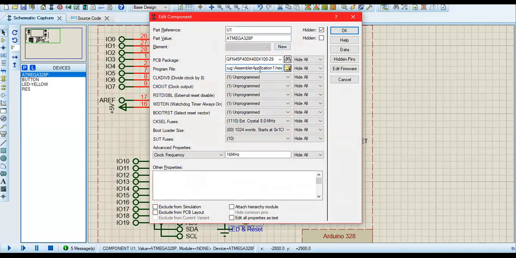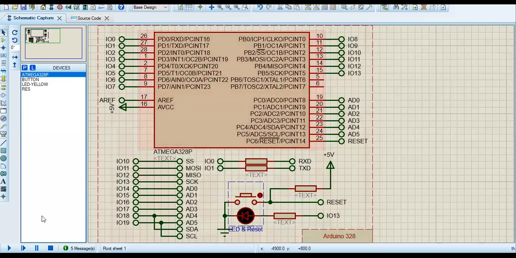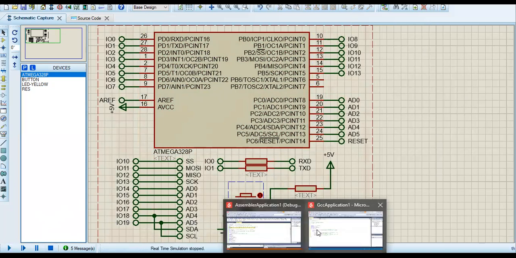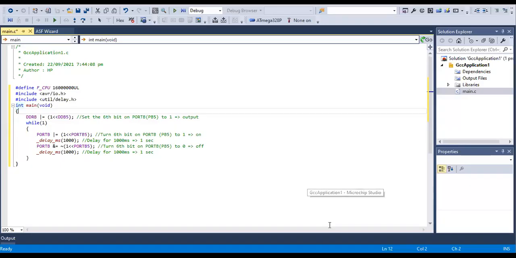This hex file helps to access that debug code. If I run the simulation, you will see this LED blink according to the program given to this microcontroller through the hex file. If I stop it,